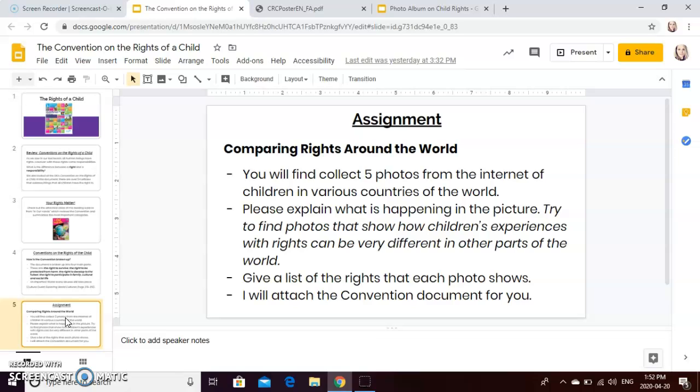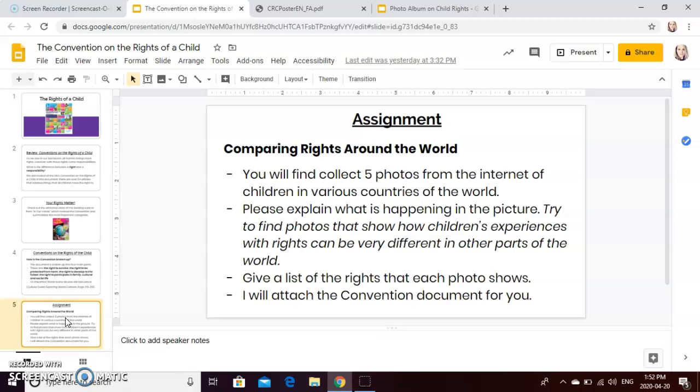You will find or collect 5 photos from the internet of children in various countries of the world. In the assignment, I want you to explain what's happening in the picture, and I want you to try to find photos that show how children's experiences with rights can be different in other parts of the world. So, for example, if you find a photo of a child in Canada,